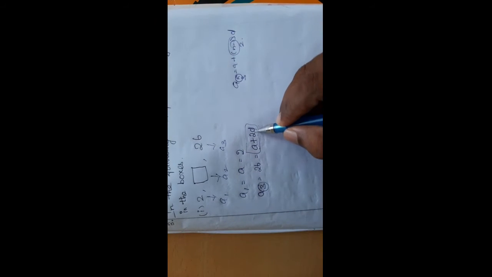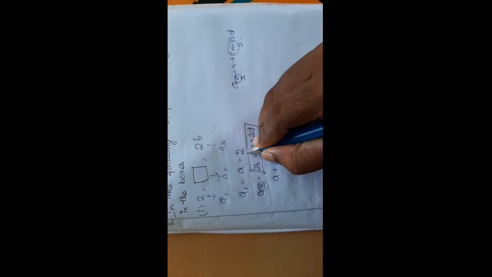If you substitute a here, we can find the d value. Actually, a plus 2d is equal to 26. We know what a is. Substitute 2 here: 2 plus 2d is equal to 26. So 2d is equal to 24, and if you divide, d is equal to 12. So the common difference is 12. Now this is the second term, so a2 is equal to a plus 1d. a is 2, so 2 plus d is 2 plus 12, which is 14. So the second term is 14.